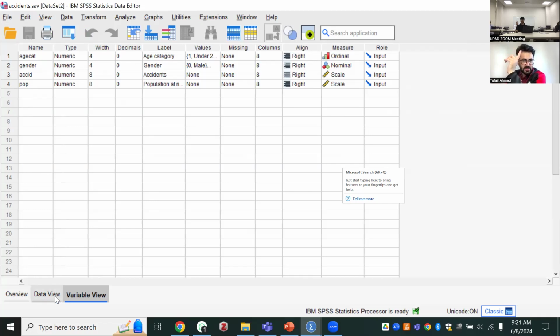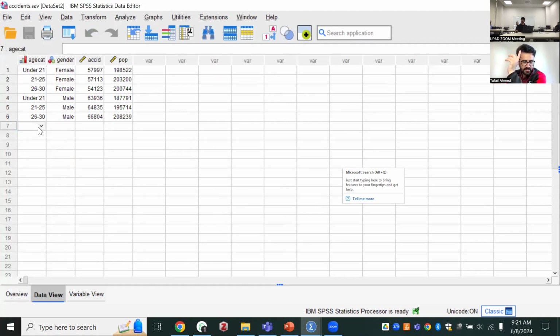Okay, now try to add values here. See if it works. Go to data view and try to add, and see if you see the categories. Still the same. I think it has to do with the version. No, I downloaded it. Tufail, are you also using the correct version? No, I'm using a licensed version from the university. Maybe that can be an issue with the version. I'm not sure about it.